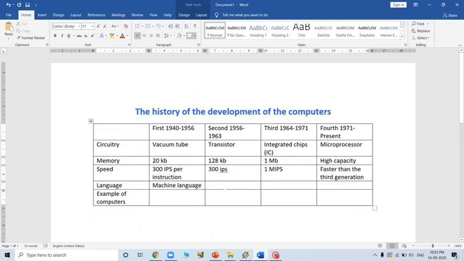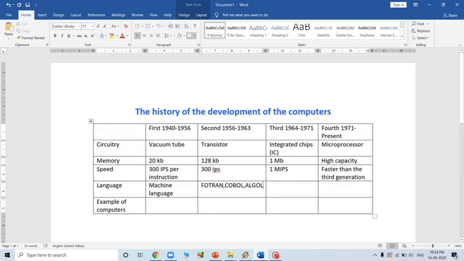The second one had languages like Fortran, COBOL, Algol, and the next one had C, C++, and the last one had Java.